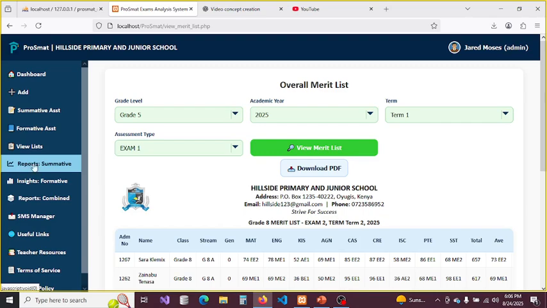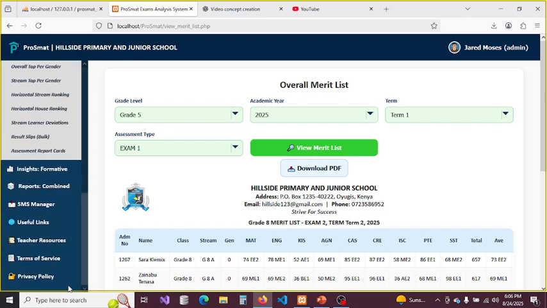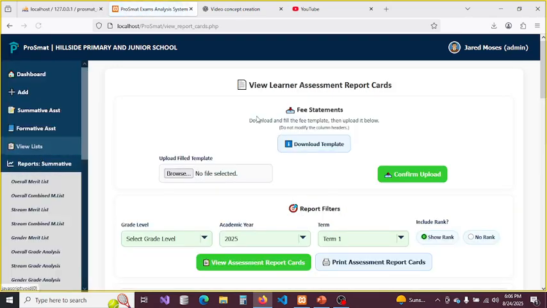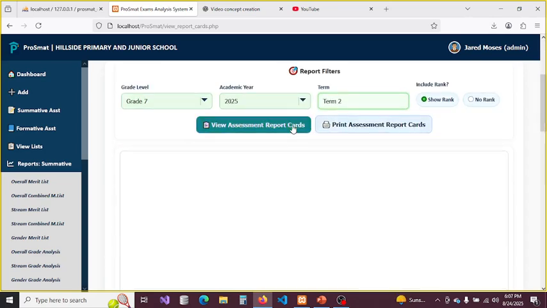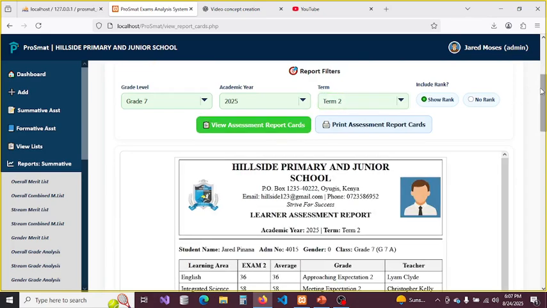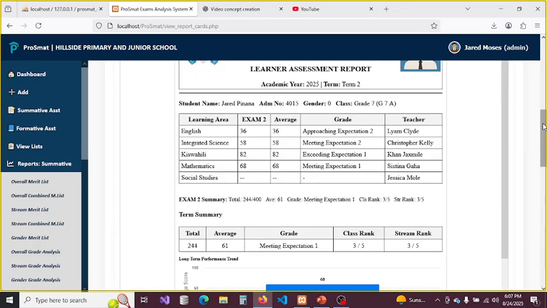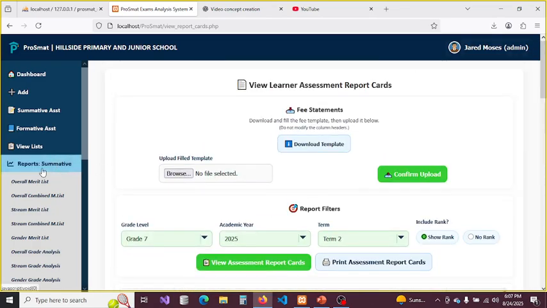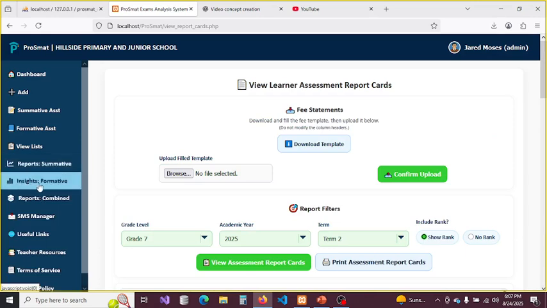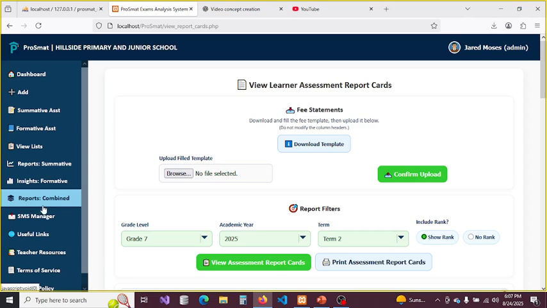So for summative report cards, they are here. So as I've said, these ones I don't want to dwell much on them. We've already seen how they are being generated and how you can easily print them and have those reports. Okay. So now let me just go straight away to insights, informative assessments, and reports, which are combined formative and